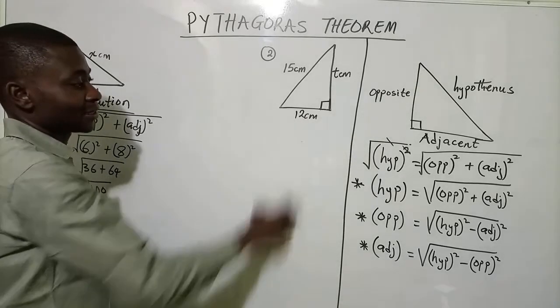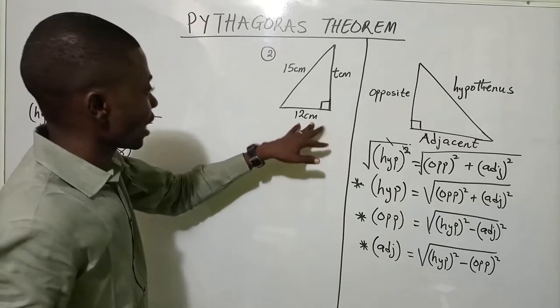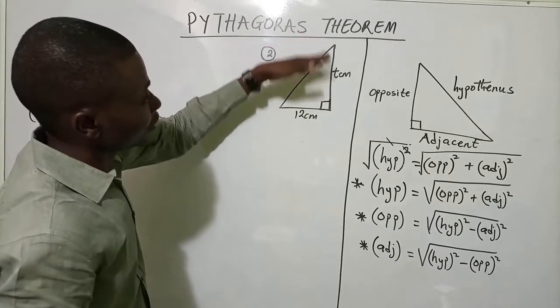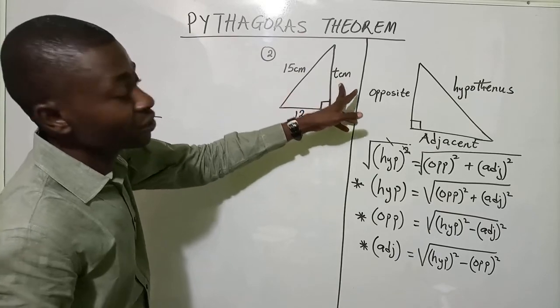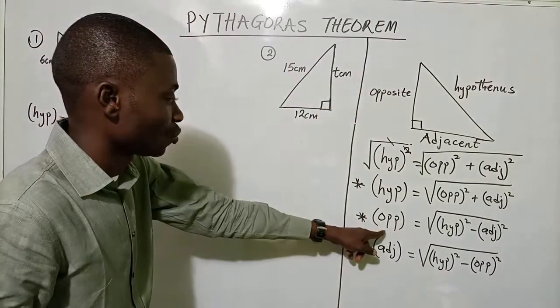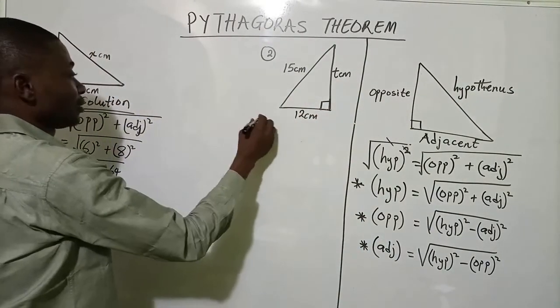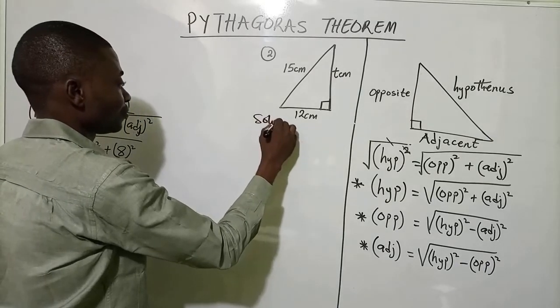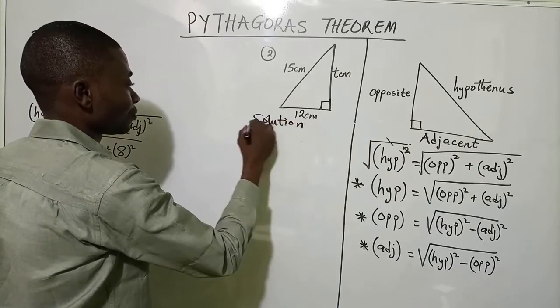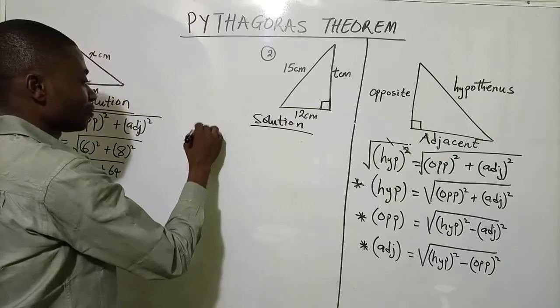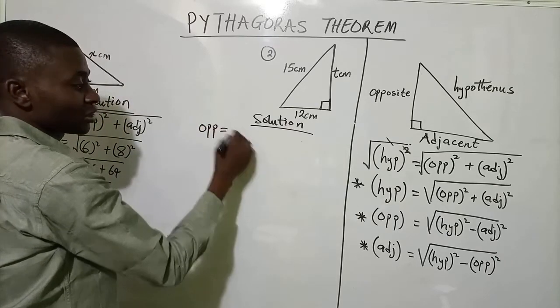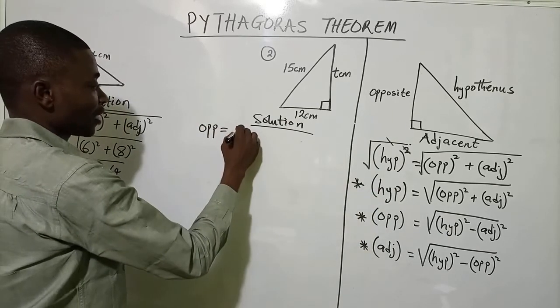We can also apply the same in solving this one. This time we have the adjacent and we have the hypotenuse, but we are looking for the opposite. So we're going to use the opposite formula. Again, you write solution. So opposite now equals what? We have hypotenuse